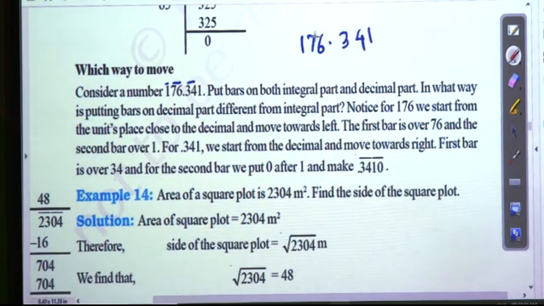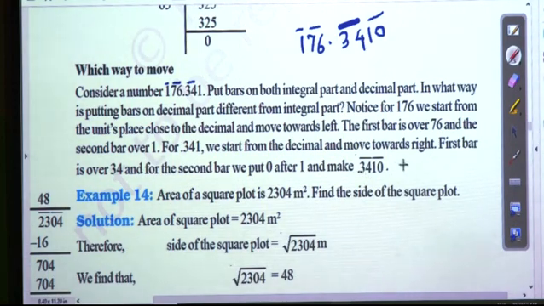176.341. How are we making the groups of it? For the integral part, for the whole number 76, first one bar, one group, then 1, and for the decimal 34, one group. And what about this? It is only a single digit, so we are putting a 0 here and making one more group. In this way we are making the groups.